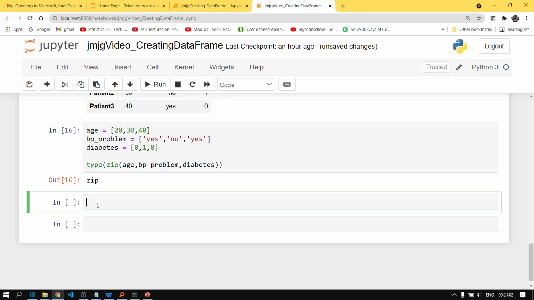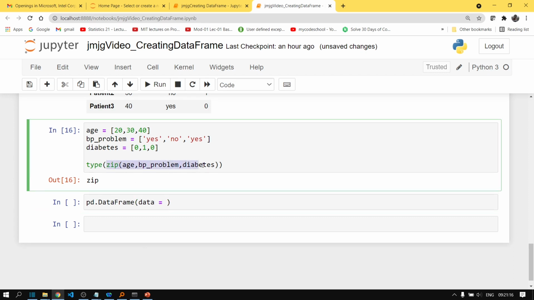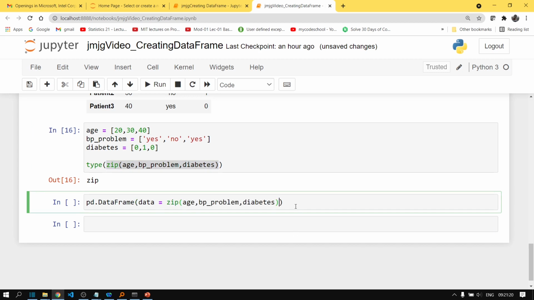So let's create our data frame once again. And let's pass this as the value of the data parameter. Again, let's run it.